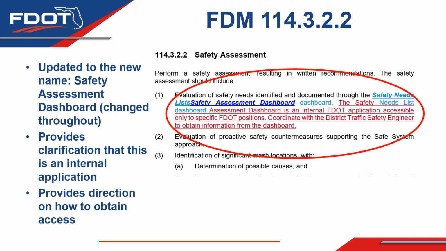So the safety assessment, FDM 114.3.2.2. We updated a few things here. There was a reference previously to the Safety Needs List dashboard, and that has been simplified to just the Safety Assessment dashboard. What that dashboard is, it's an internal application that FDOT uses to keep track of potential safety needs